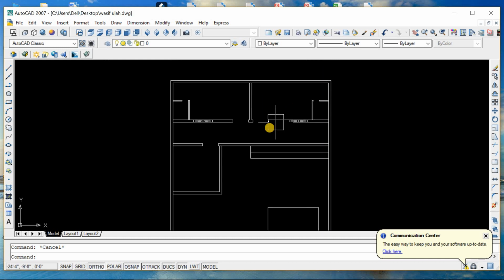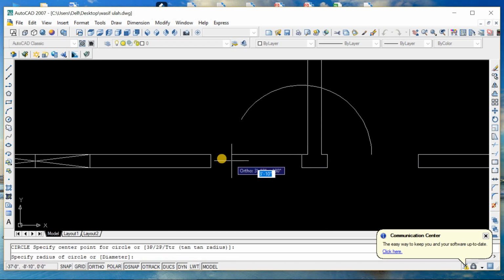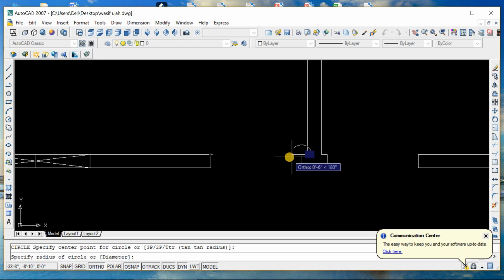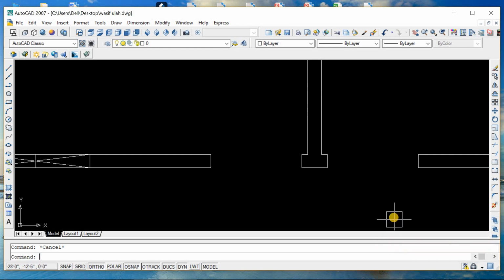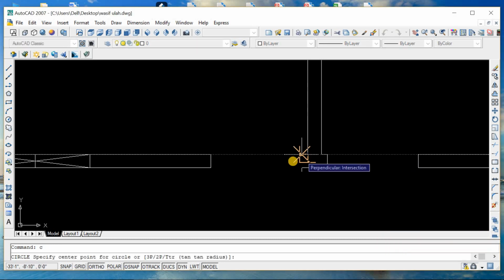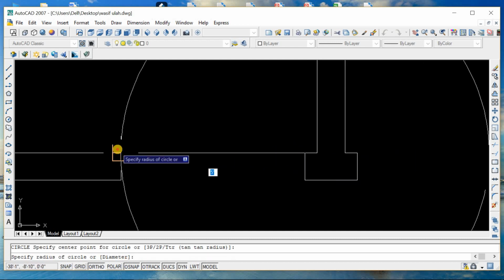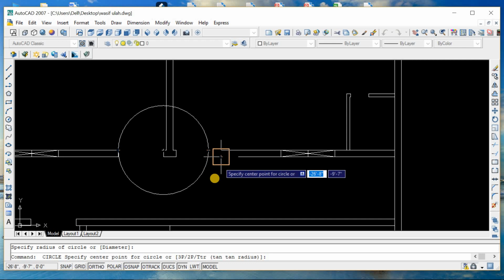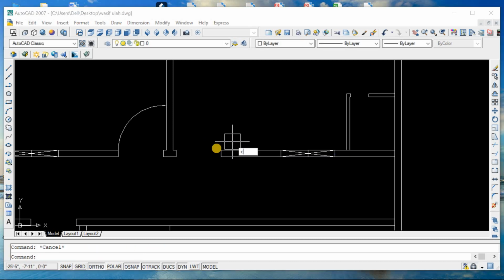Now what's remaining is to define the door symbols, and for that I will just take out circles, starting from somewhere here. Now you have to draw a circle at that corner in which you want to open your door. So suppose C for circle, and I'll start the circle from somewhere here till here. I will TR double enter. I will trim this. See, now C for circle,